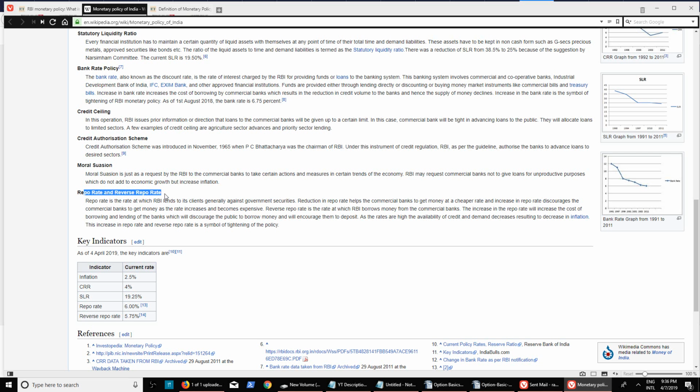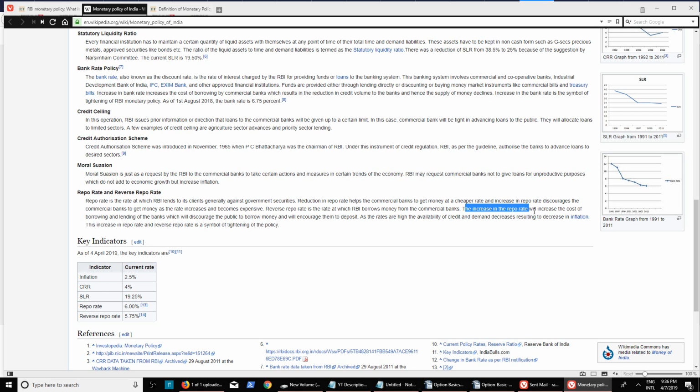Now, this is a term which you hear from time to time, and repo rate is basically a rate at which RBI lends to its clients against government securities, and reduction in repo rates helps the commercial banks to get money at a cheaper rate. An increase in repo rate discourages the commercial banks from getting the money, as the rate increases and becomes expensive. Reverse repo rate is the rate at which RBI borrows money from the commercial banks,